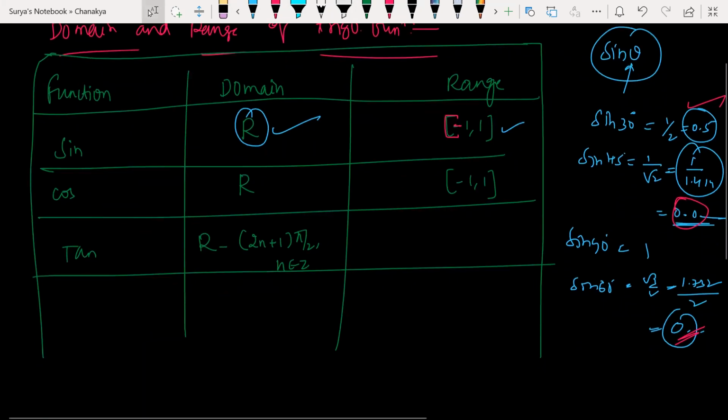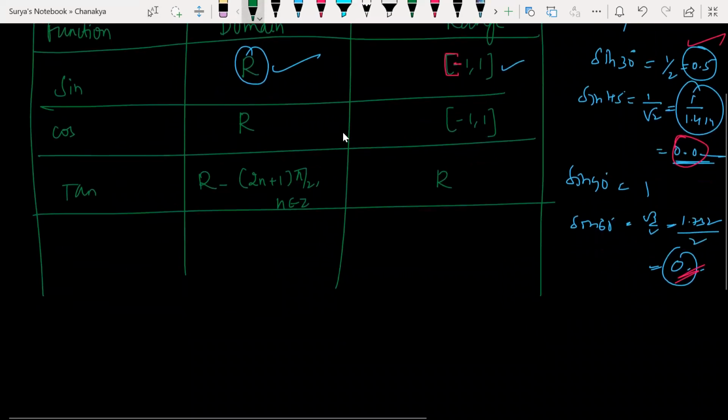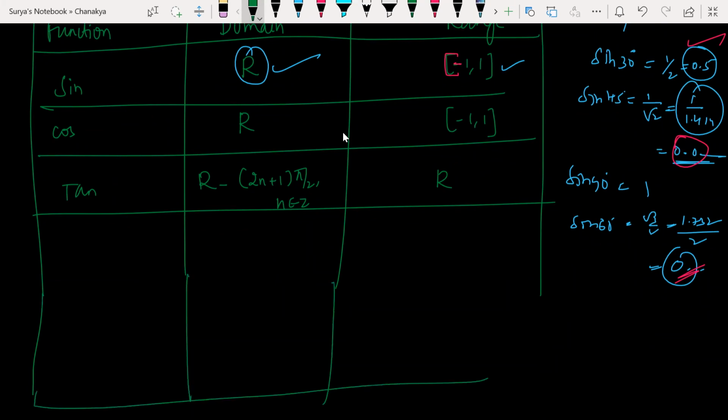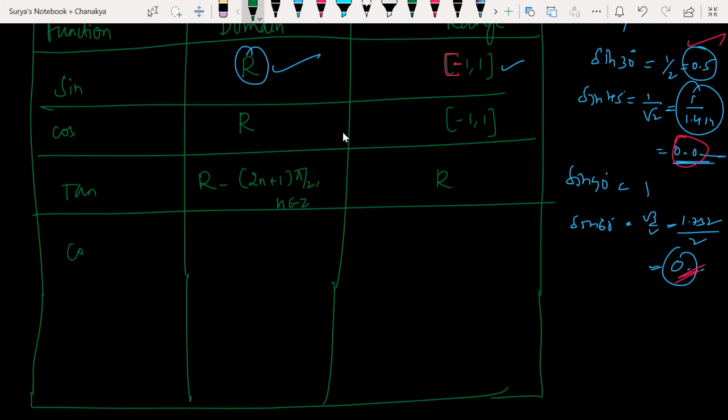Yes or no? Now what is the range here? R. How R? Can you please explain? Actually, you already told, sir, this range of the trigonometric functions, in functions. Those who have listened to functions clearly will understand it properly. I request guys, those who did not watch, please go through that. Okay, secant theta.